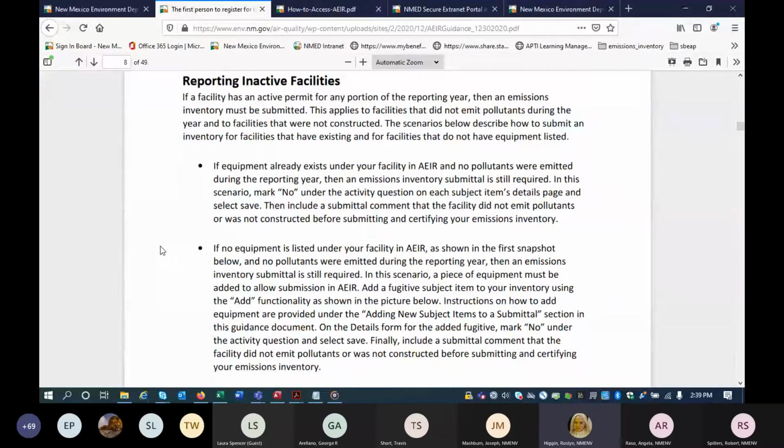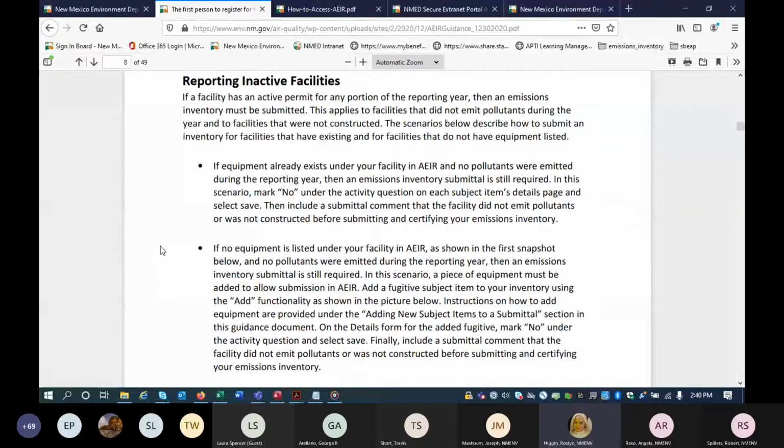There are a couple of different things going on that you need to be really aware of. If you have closed a facility in 2020, let's say in June, you're responsible for submitting emissions inventory from January 1st to the closure date.